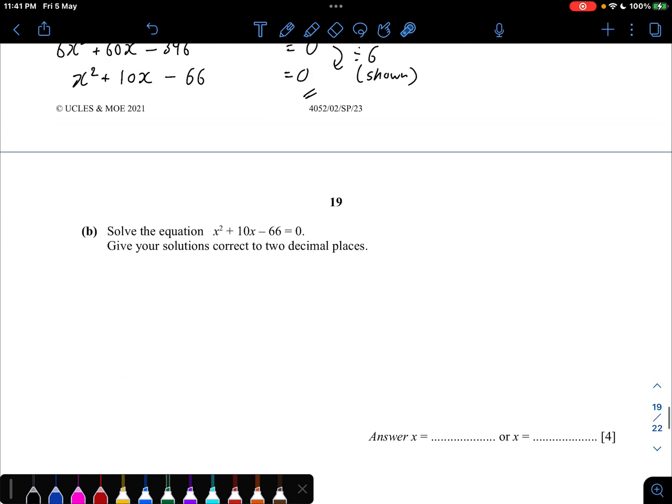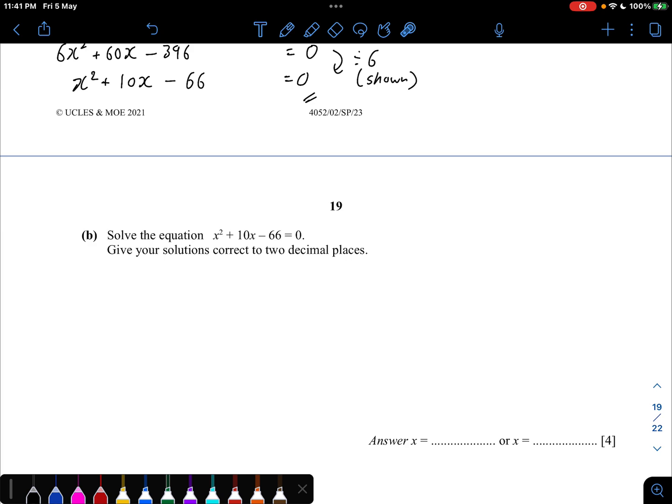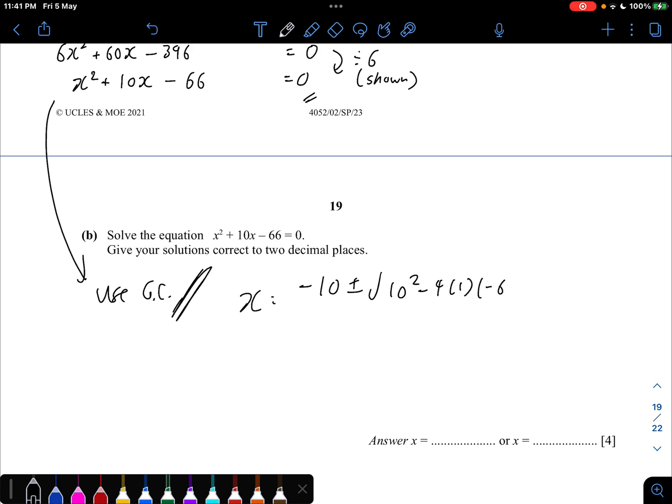Next part, solve the equation giving our solution correct to 2 decimal places. I'm just going to use a calculator. Use GC, or if you really want to show the working, negative b plus minus square root of b squared minus 4 times a times c all over 2a. Okay, where a, b, and c are the coefficients of the equation. A equals 1, b equals 10, c equals negative 66. Type in a calculator and you'll get your answer. Let's see what it is. 10 squared minus 4 times 66. I get